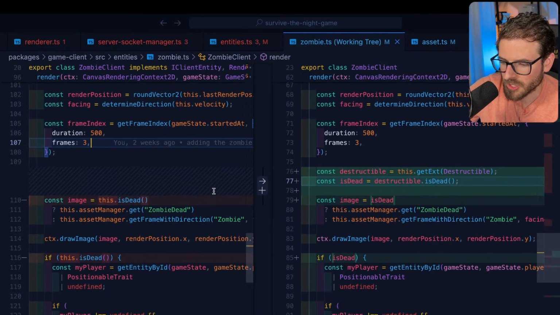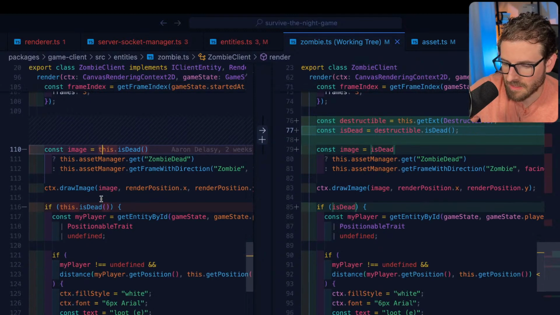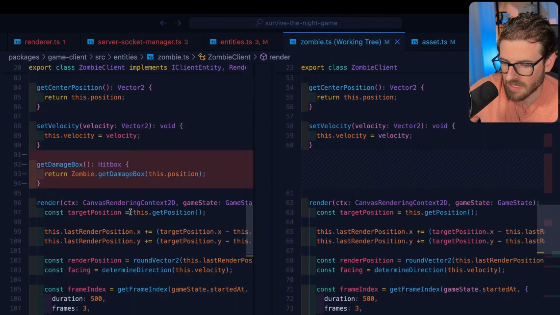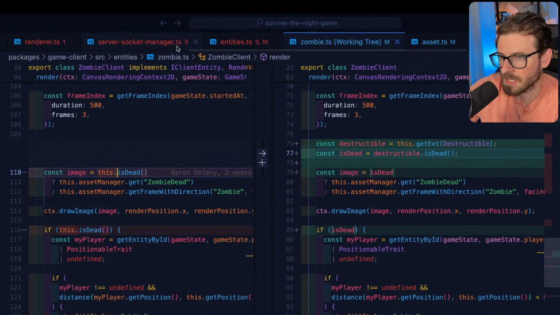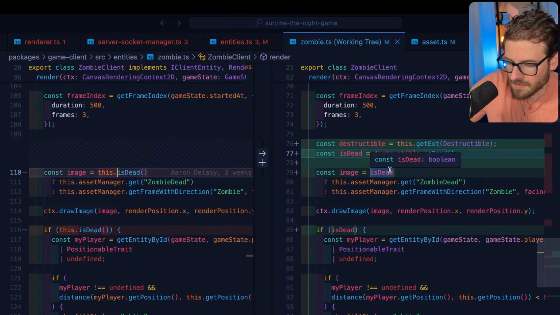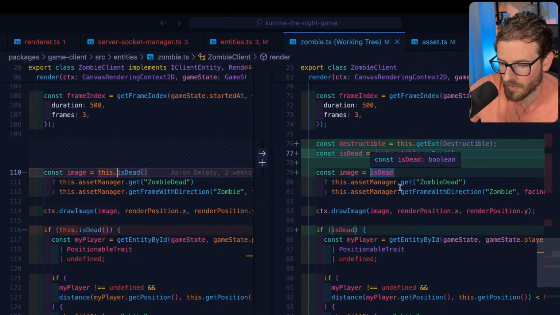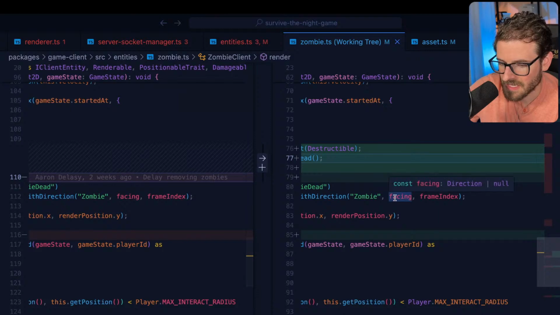But if you look at the actual changed code, nothing in this entity actually changed that much. It's just saying, hey, instead of getting is dead from a member on the class, we're going to use the extension to get if it's dead or not. And so it still returns true or false. And maybe now my system is in a state where it could never be in before, where it's not dead, but it's just not facing any direction. I think that's the issue, right?